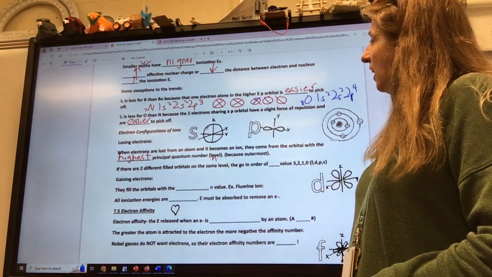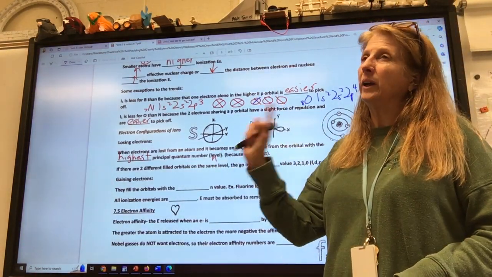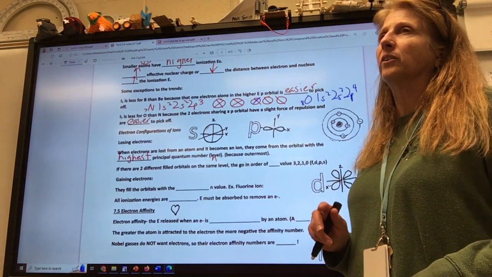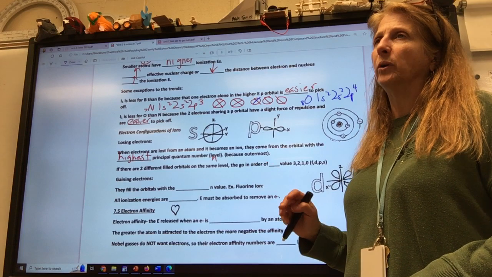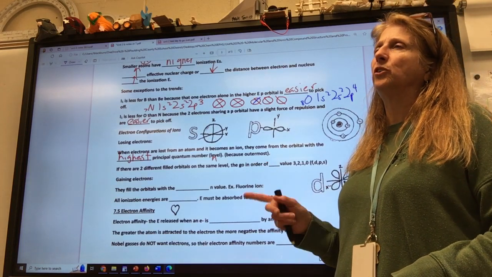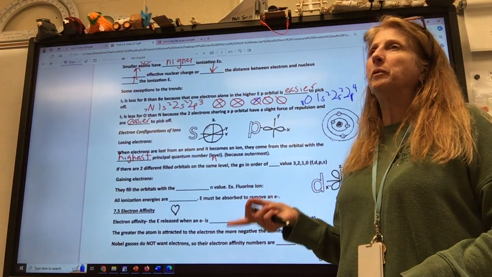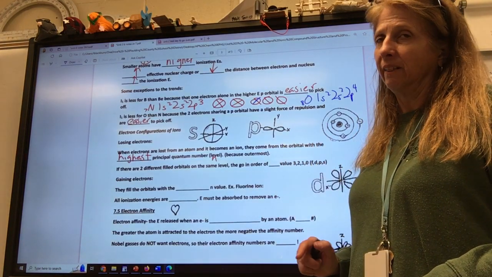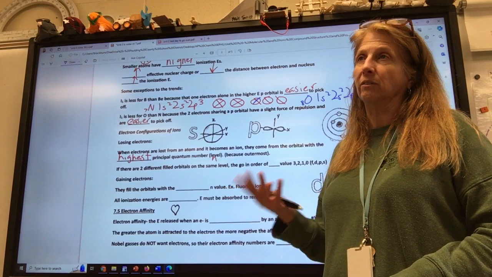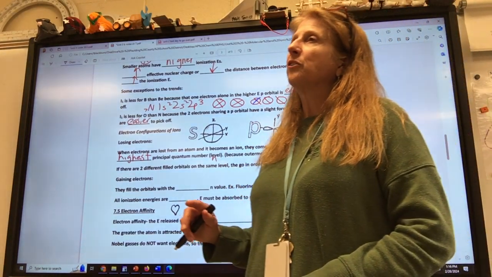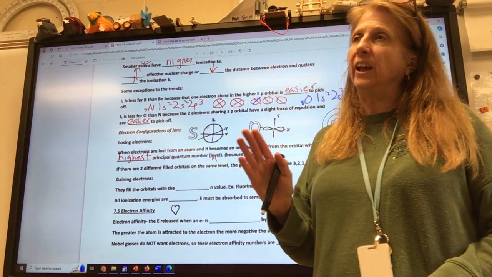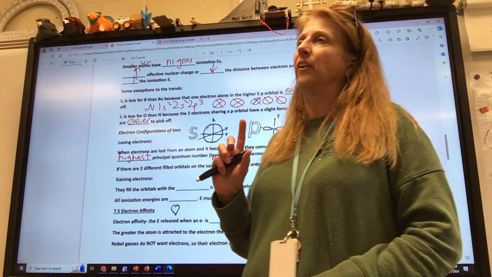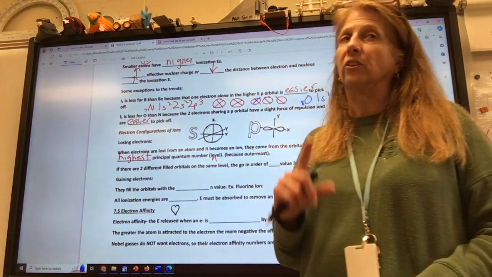All right. So this is the thing. We learned the order they fill. So if we wanted to do scandium, 21, it's 1s2, 2s2, 2p6, 3s2, 3p6, 4s2, 3d10. Okay, now, this is just hypothetical. I don't know if it does something weird. So if an electron is lost, it's not the 3d10 one that's lost.